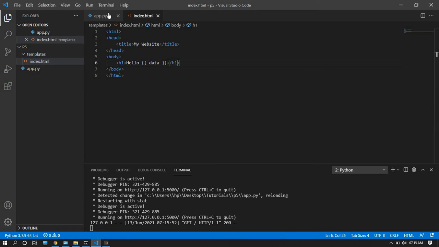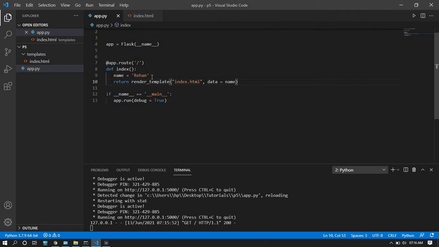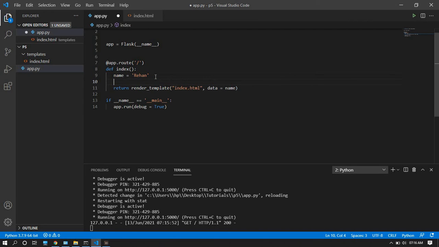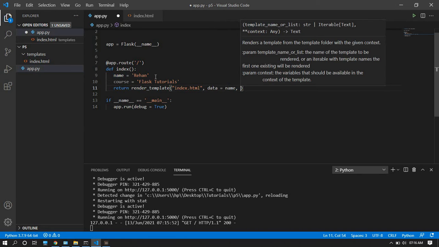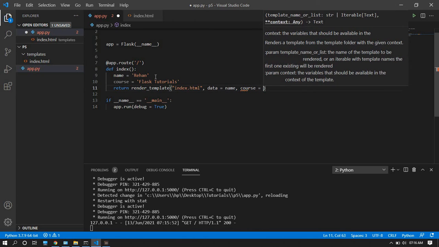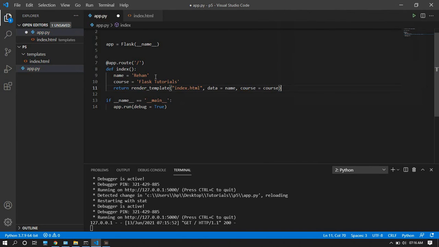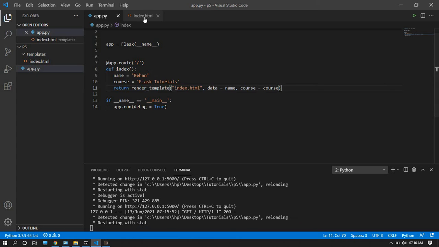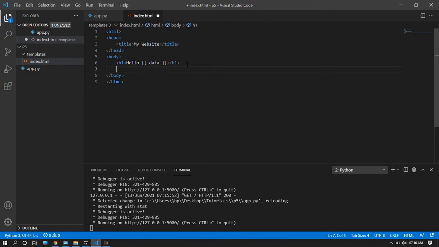If you want to pass multiple values, you can pass multiple values too. For example, I will use course, and here I will pass course equals to course, and to access your value, use the same syntax, course.